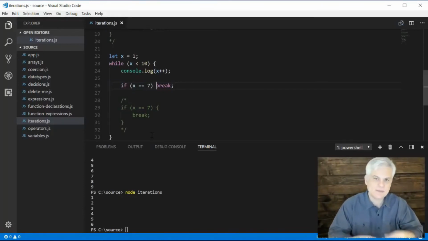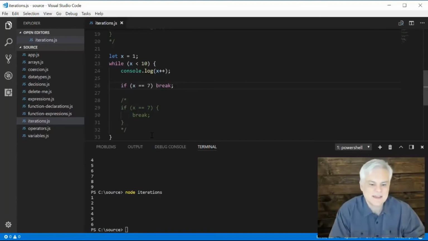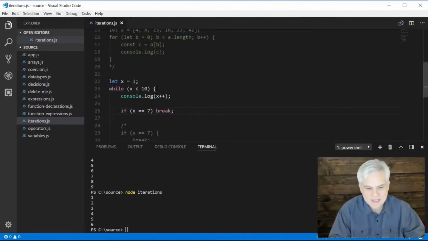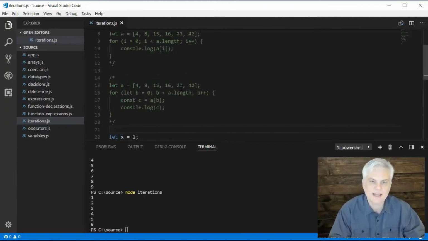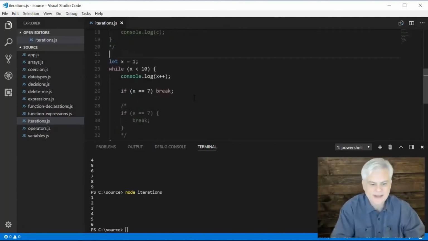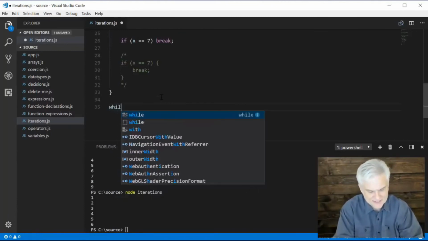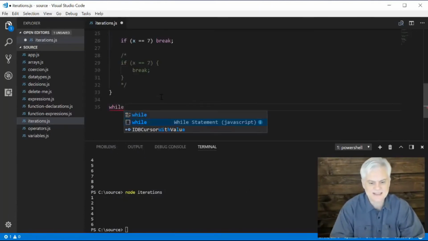So sometimes it makes sense to split things on separate lines. Sometimes it makes sense to keep two different statements on the same line. Again, I think it is a stylistic choice that you'll have to make for yourself at some point. All right, so that is iteration statements. We looked at two different kinds, and we looked at how code snippets can be used to help us remember the format. Now, I believe the while has, in fact, I believe most of the things that we've looked at have